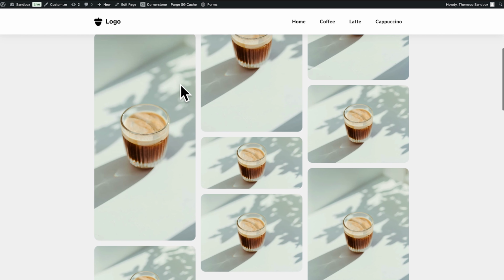And there you have it. The sky is truly the limit with this new Masonry element. I look forward to seeing how you guys